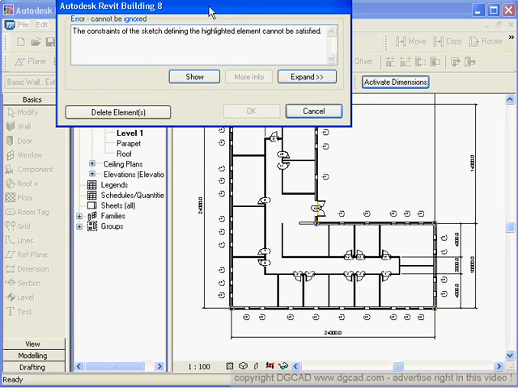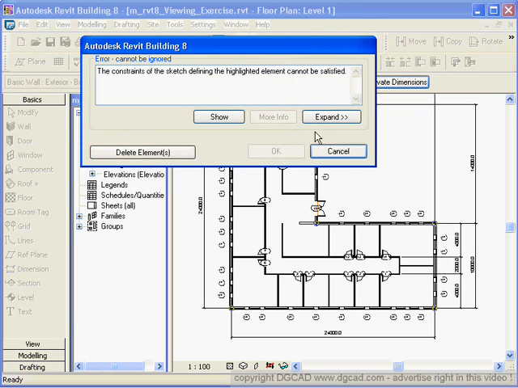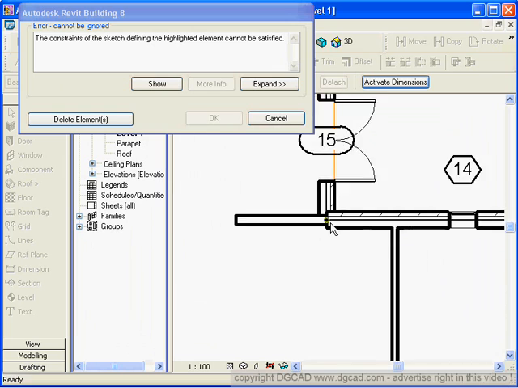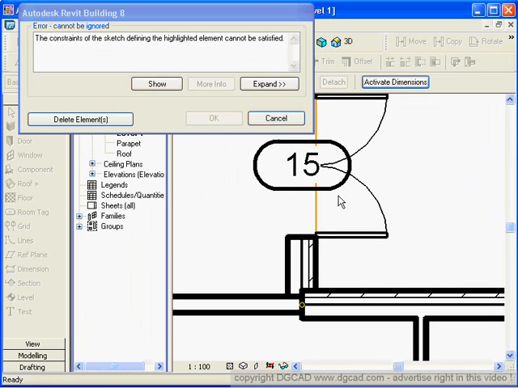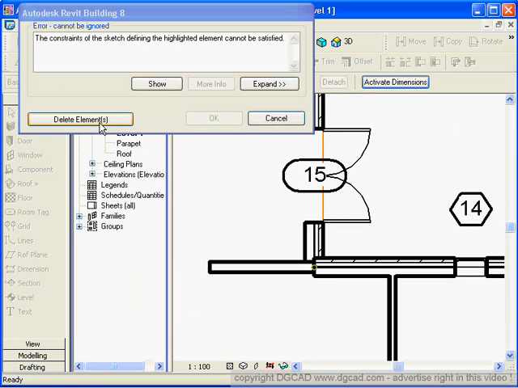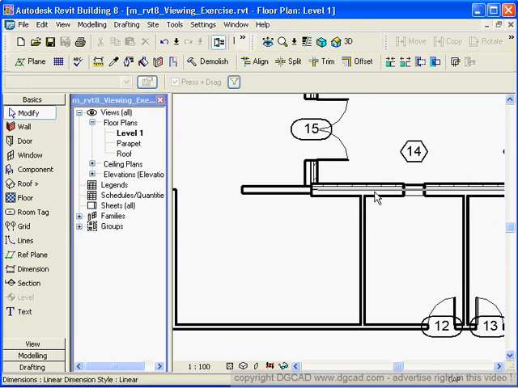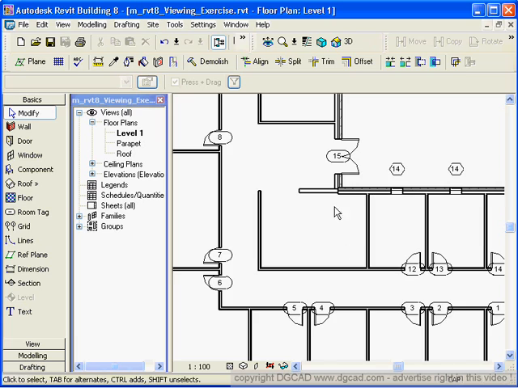And it's found some constraints of the sketching, so we're getting our little messages in here, and it's showing us we've got a problem somewhere, and the highlighted elements cannot be satisfied. So somewhere in there, I think it's right over here, because you can see right inside of here it's giving us a problem. You see the red line? So then we can say delete elements, and that'll just delete that one element that was giving it